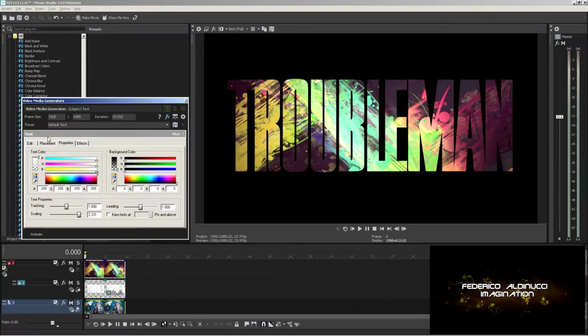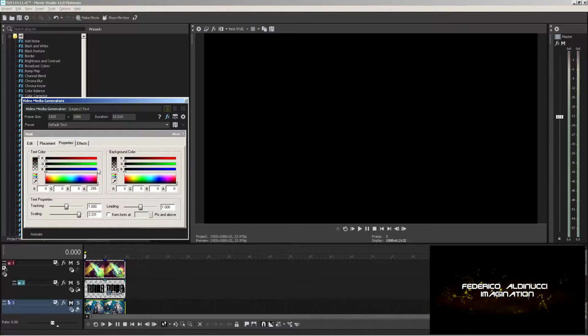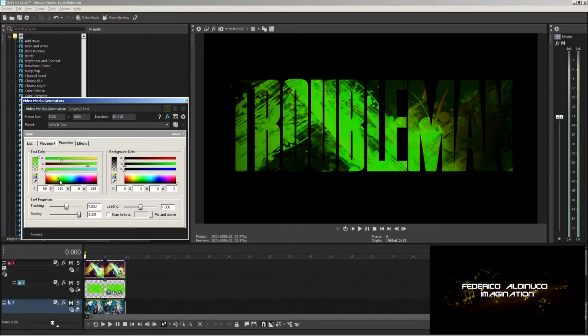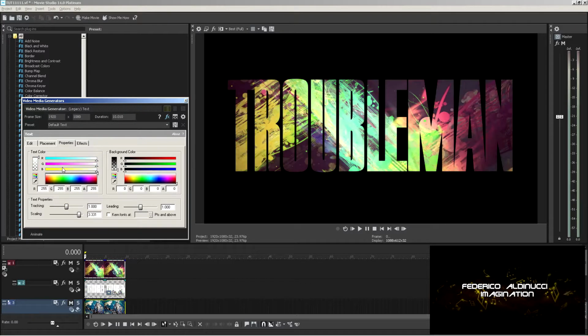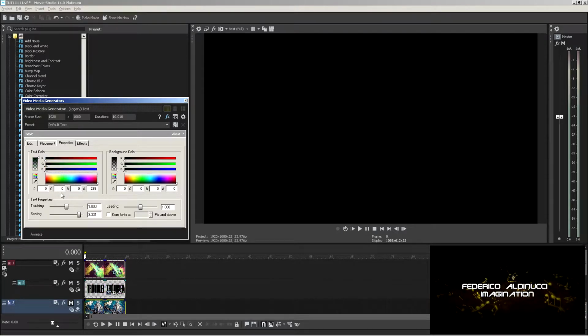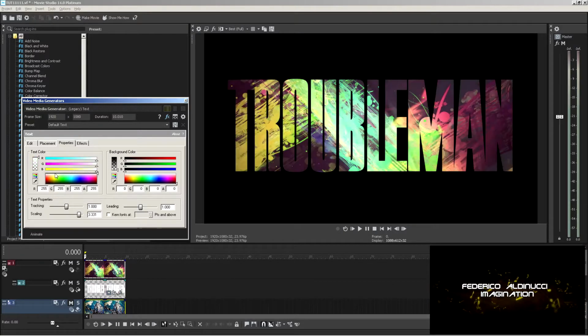Again, a white just pretty much gives you whatever background it was, but the black will just change it to black text. Again, it kind of changes the opacity on it, but really all it is, it's muting all the other colors and changing it to black. If you had a white image and you went like that, you'd still have a fully black image. So now that we got that out of the way,